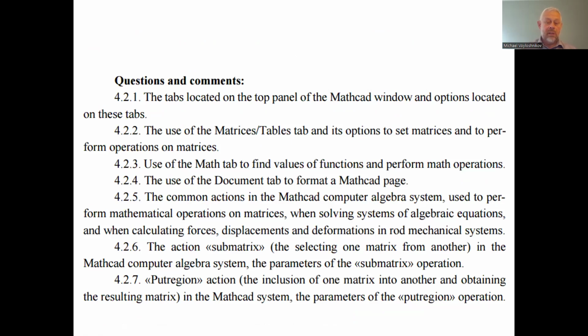Questions and comments. The tabs are located in the top panel of the Mathcad window, with options located in these tabs. In the tabs, we have options like assigning of the object, which could be a matrix or vector, or we may not assign. In this case, there will be just a magnitude. Besides the operations over matrices and vectors, there are other operations of the matrix, the simple operations, the complex ones, and the dimensions of the